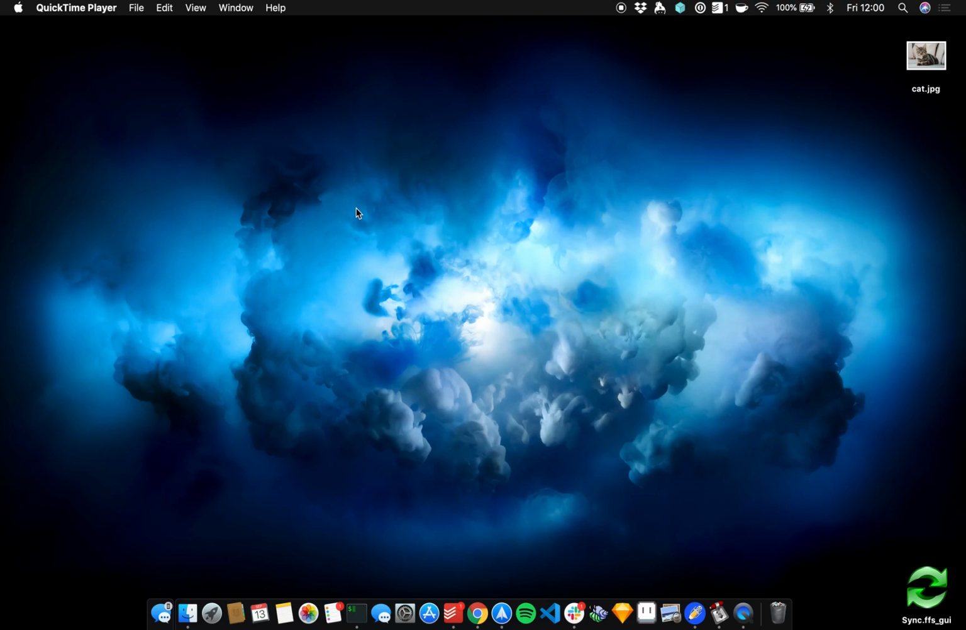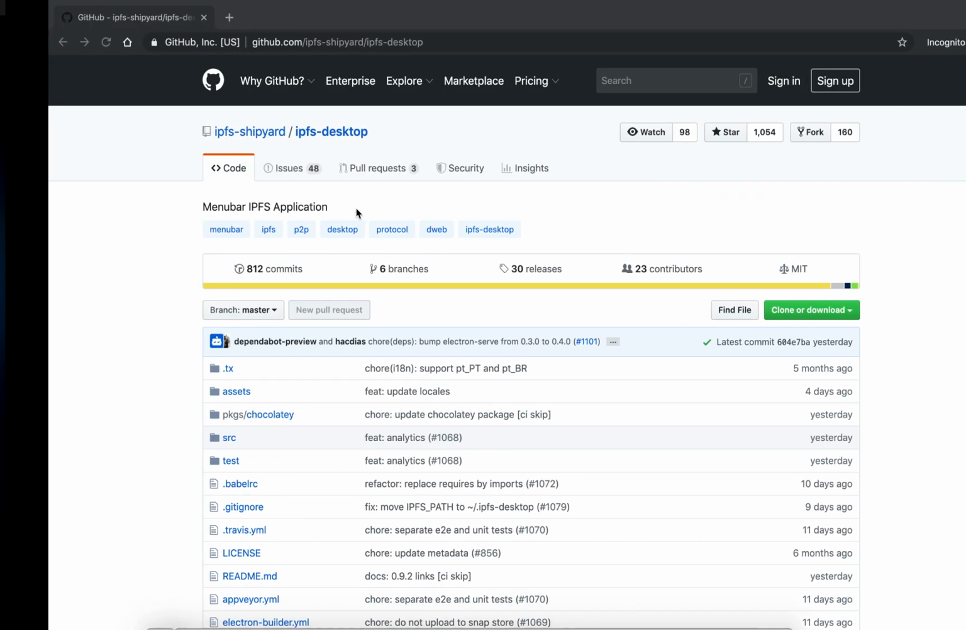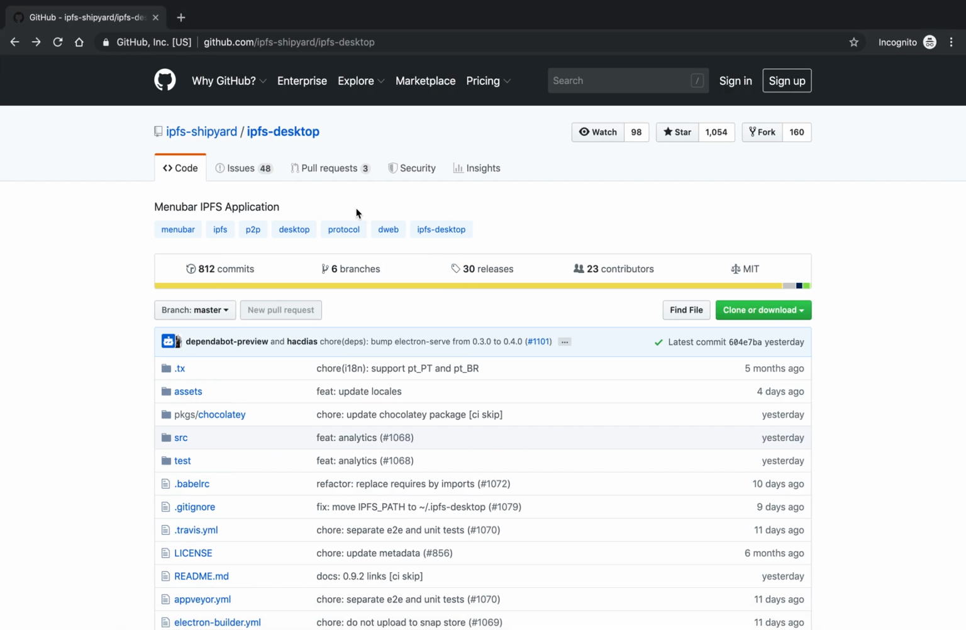Hello everyone, it's Henrik here, and I'm here to show you a quick overview of IPFS Desktop features, highlighting the new ones in 0.9.0. If you don't have IPFS Desktop already installed, you can go to